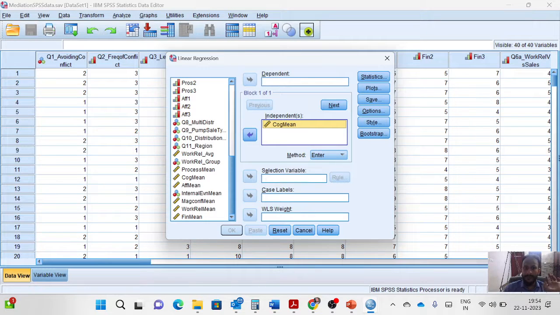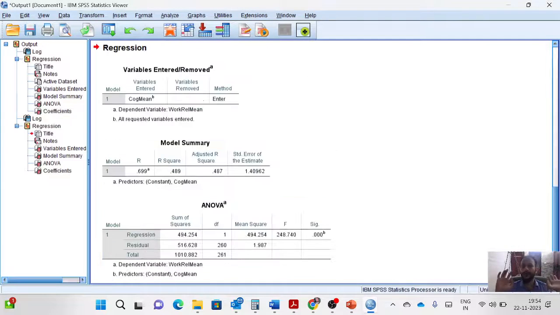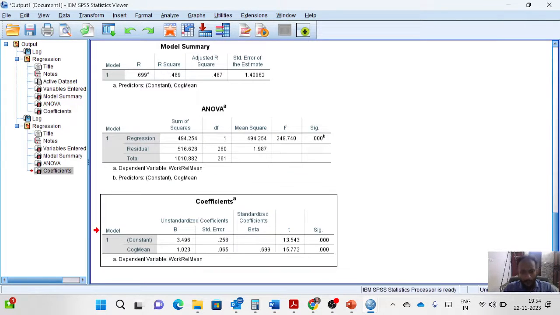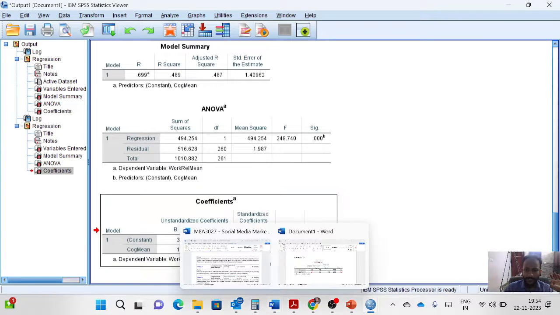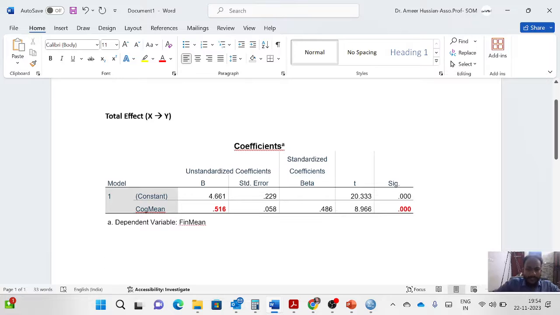So what is m here? M is work relationship. Just remember the name of the variables. It's very much important. Right. Click on OK. This also you need not do anything. Just go to the last table. Copy this table. Go to Word. And mention it as x on